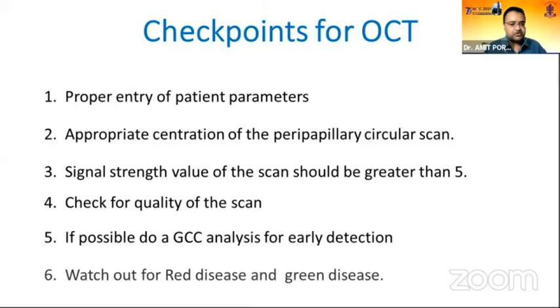Now, coming to the checkpoints for OCT, proper entry of patient's parameters is very important, as we showed in the fields also. Appropriate centration of the peripapillary circular scan, if your machine does not have the auto-focus option. Signal strength value of a scan should be greater than 5, as I